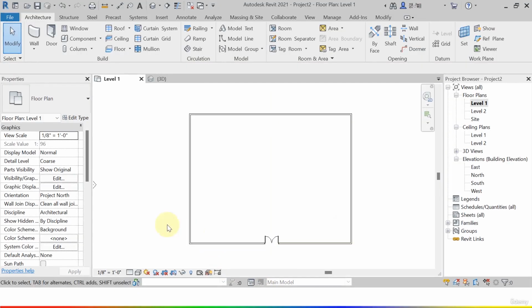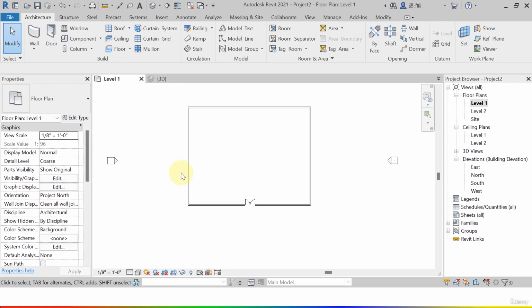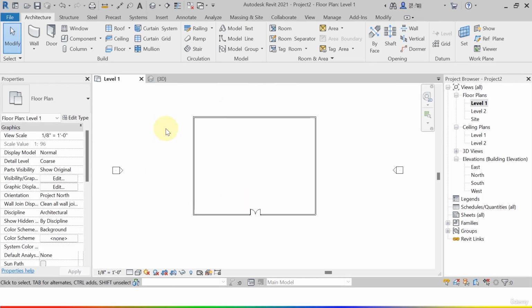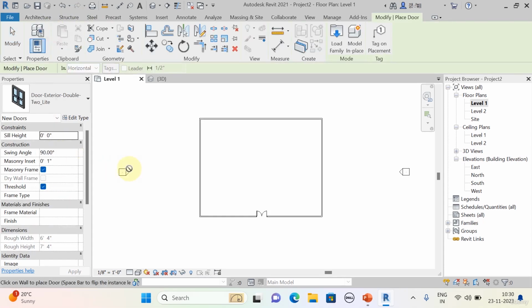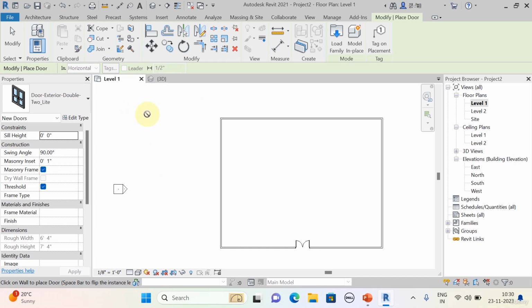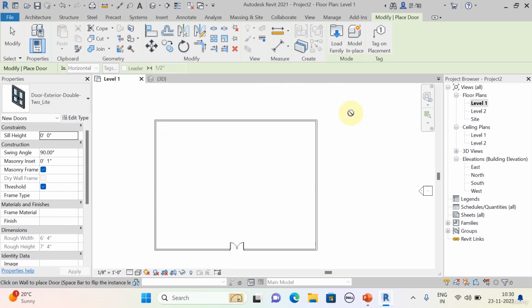So here you can see, we have created the wall. I am talking about the hosted family. As I told you, hosted families are those families which are dependent on some work plane. So if you want to place a door or window, just hit on door. Suppose I'm trying to place the door here, but see, is any option given? No, we can't place, because the door is dependent on a work plane. So when you take the mouse near the wall, then only the door is visible,